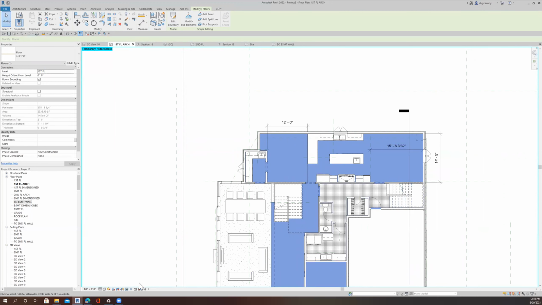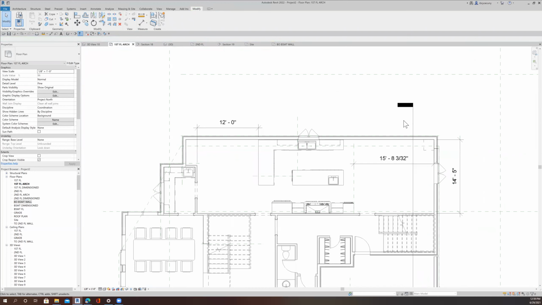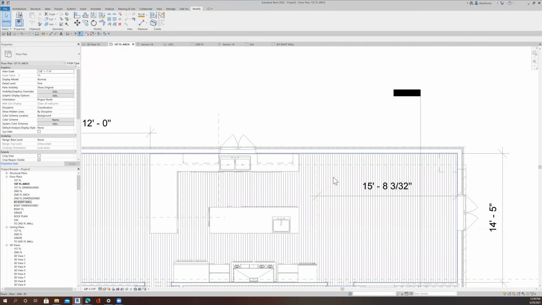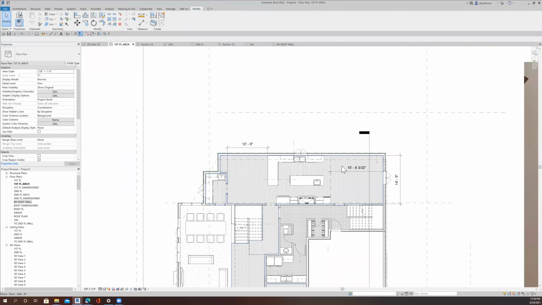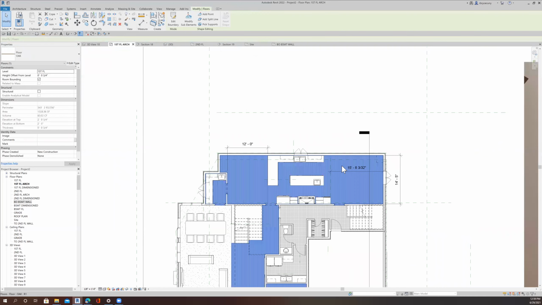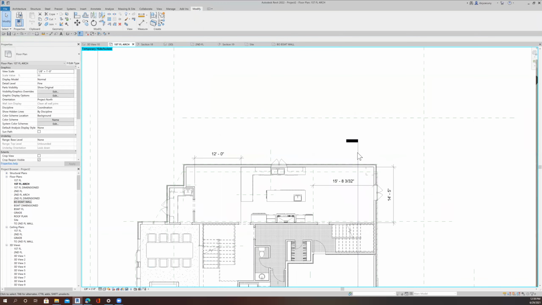Then we have the oak floor, which I've hidden. So we'll turn it back on and very cool. The floor went out. So that was what I just did. All right, so I'm going to hide it again. And I want to see